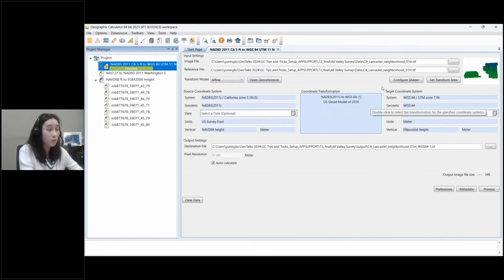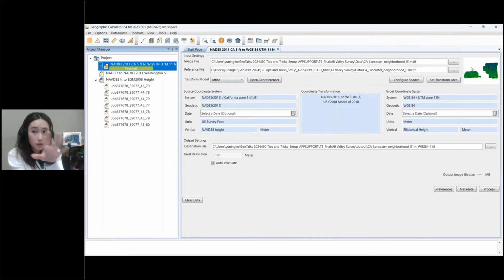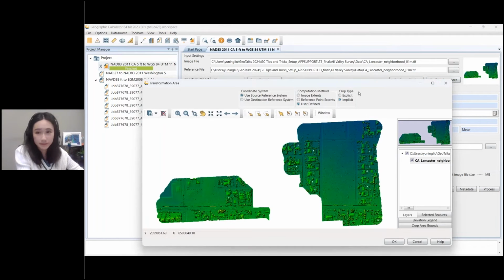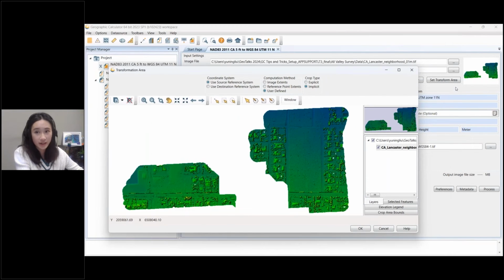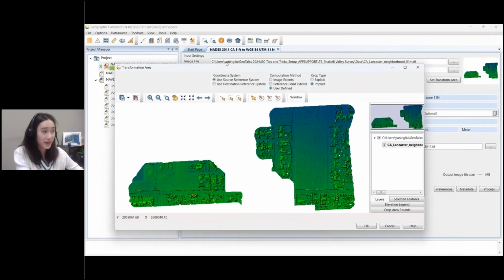So what I want to do is especially useful when you have pretty large raster data, but you might notice there are some empty areas in the middle. So what you can do is try cropping. So I click the set transformation area here at the bottom, showing up a dialog like a viewer. So you can start to define the boundary by using a polygon, rectangular crop area, or elliptical area. So three options. So if I would like to limit the boundary to this part